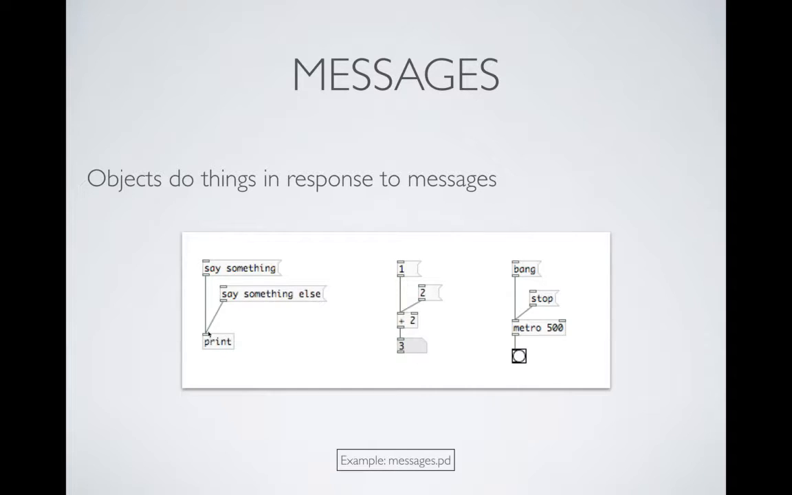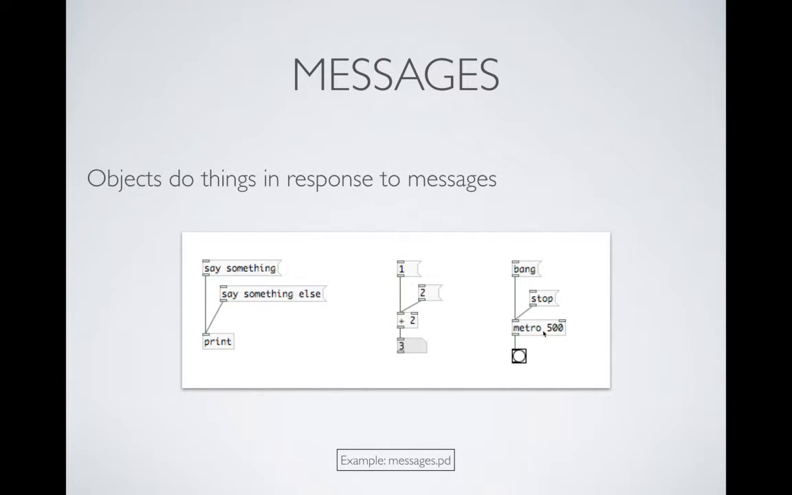So when we send a message like "say something" into the print object, it will cause that string to be displayed in the output window of pure data. Likewise, if we send numbers into a plus object, those numbers will be added to whatever number we've initialized the plus object with. If we send a bang message to a metronome object, it will start the metronome off, and